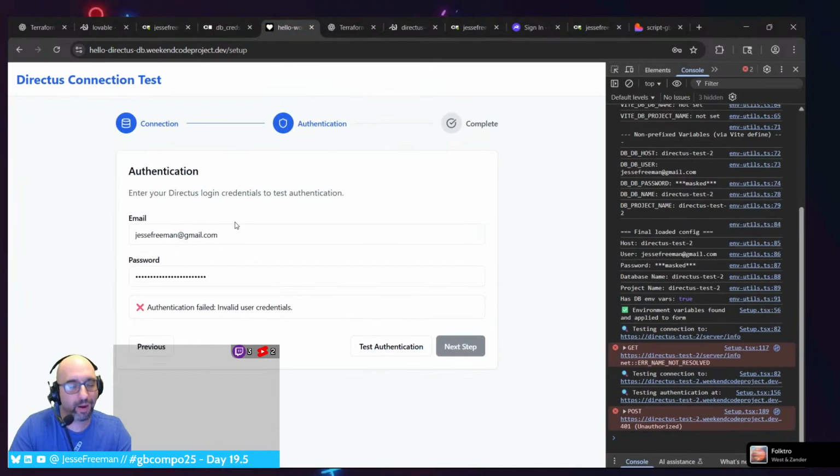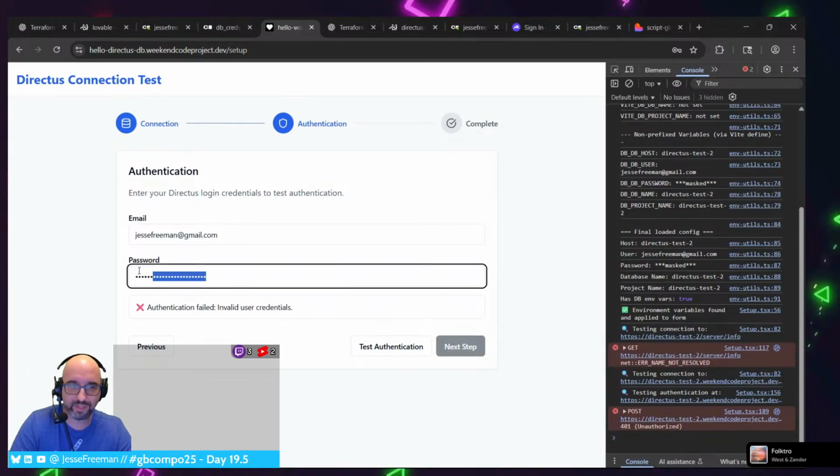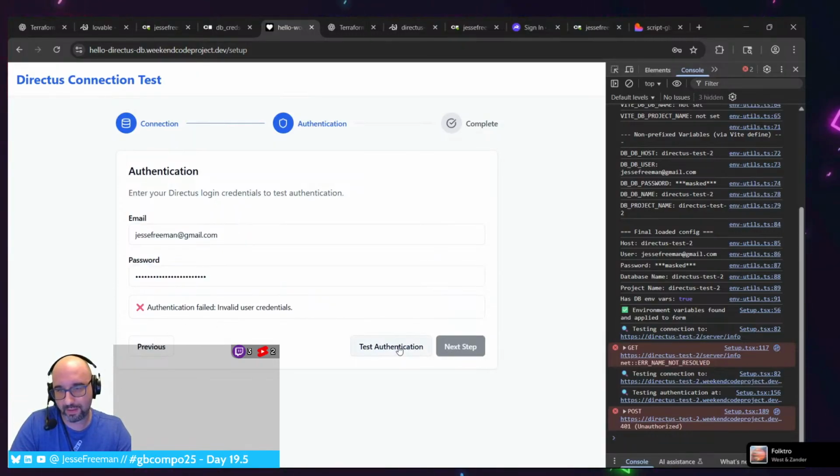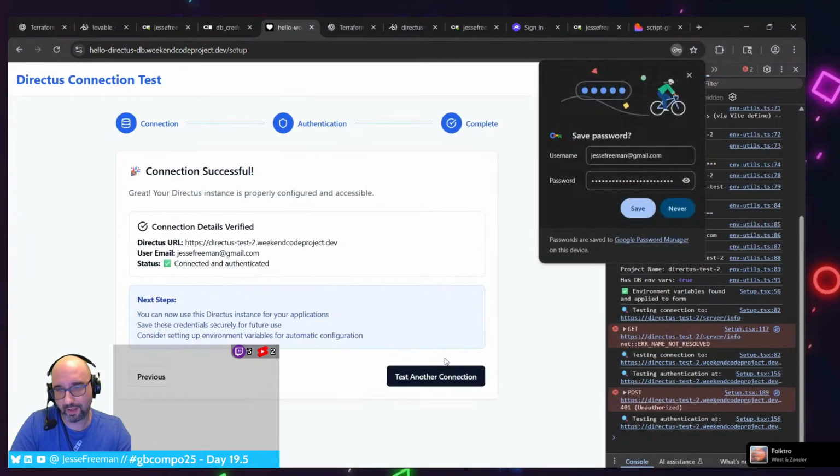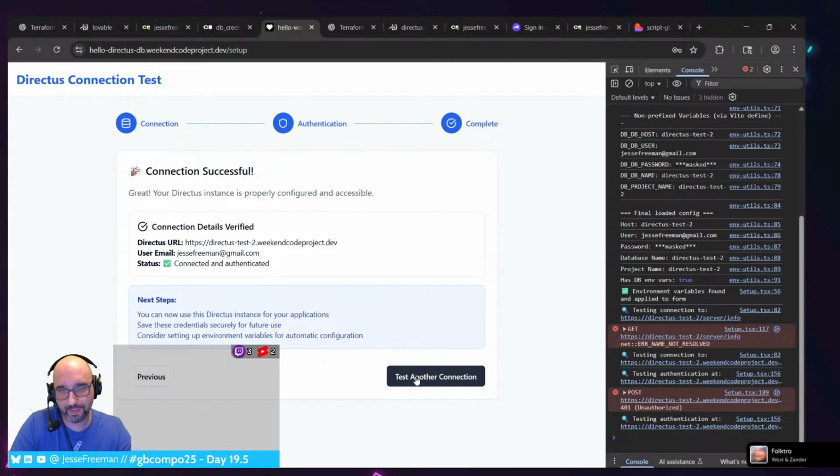I think, oh my god, it sucks. I've been spending this whole time doing this and it isn't even going to work the way I need it to. Let's just see if I can connect. Ugh, thank god. Alright, I don't need this. You can now use the Directus instance for your application. Save these, test another connection. Okay, so